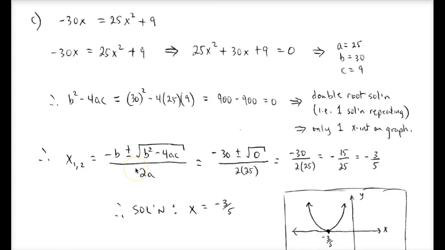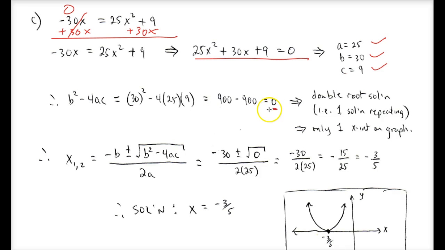All right, so in this case, we see that our quadratic equation is not in the form that we need it to be. So again, we have to force it to be that. To do that, all we need to do in this instance is to add 30x to both sides, which of course makes this side 0, and then we just end up having 25x squared plus 30x plus 9 on this side. From there, extract our A, B, and C. And then from that point, if we go ahead and calculate what our discriminant is, we see that in this case we end up having